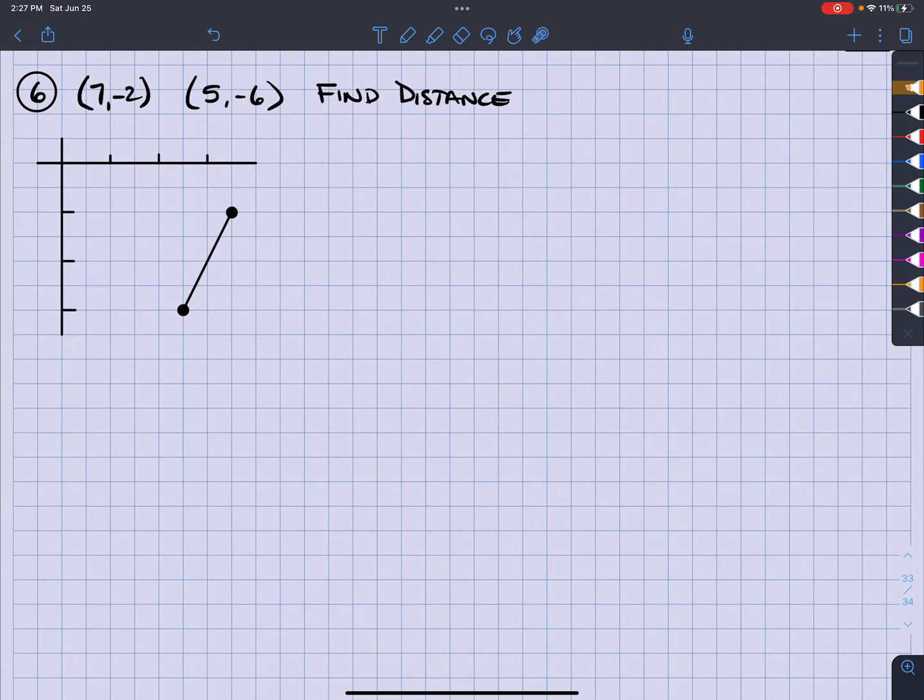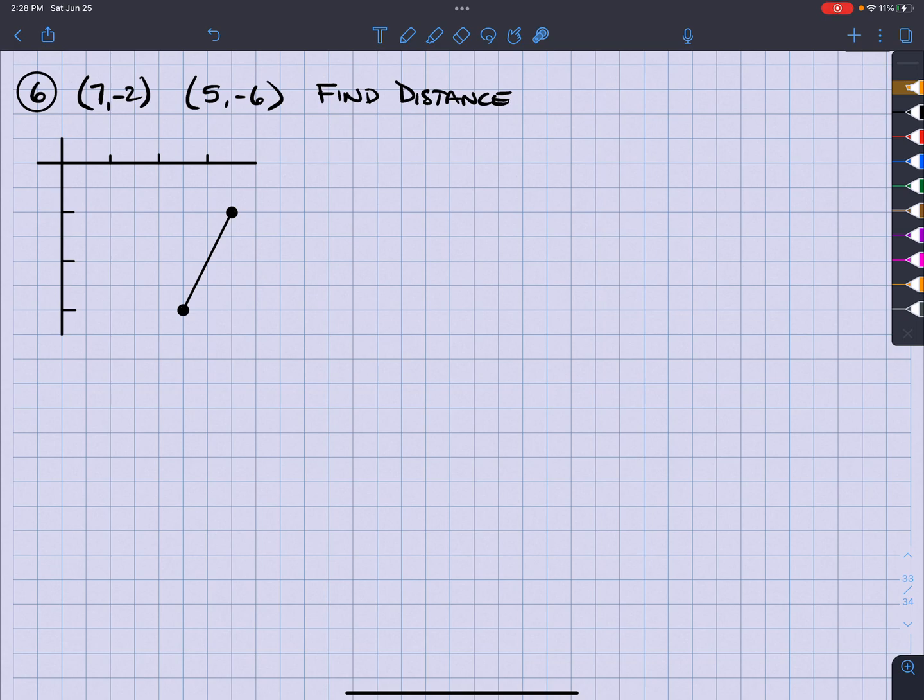So we are given 2 points here and we need to find the distance. And of course, when you look at the distance formula, you're like, oh my goodness, that's a lot to remember. How am I going to remember this formula? Well, here's the good news: if you look at this, what I did here